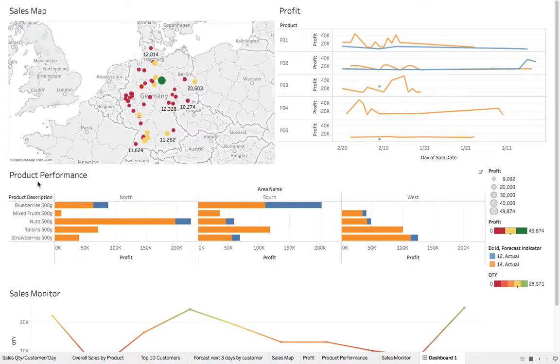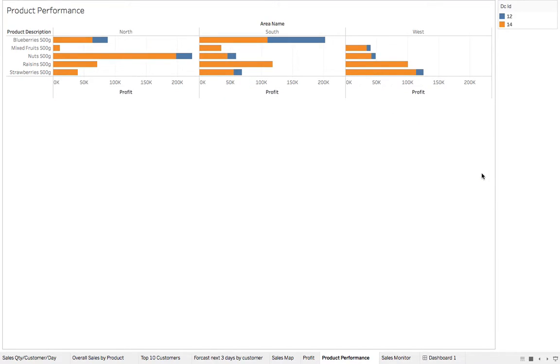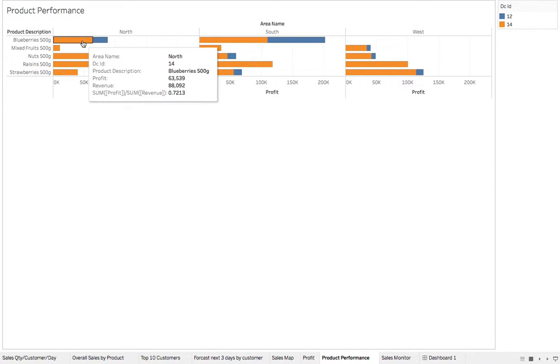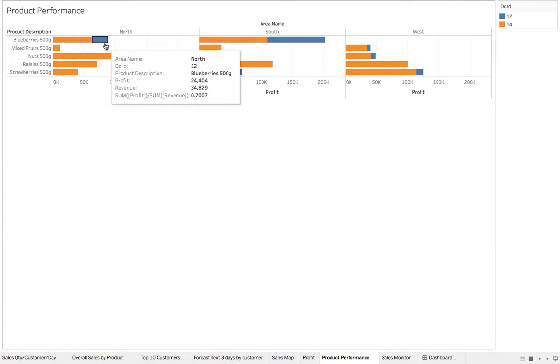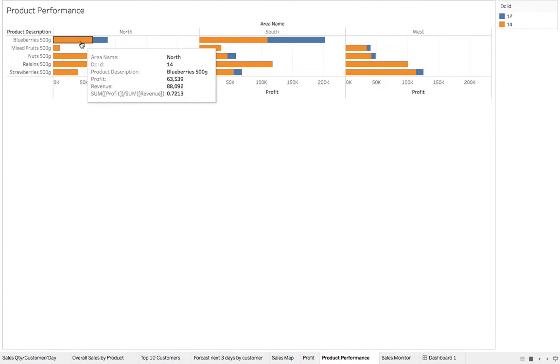So our next sheet is this product performance sheet. Let me just click here and go to this. Product performance shows us the areas for each one, north, south, and west, and then how much we sold in each region for each one of these. This one here is